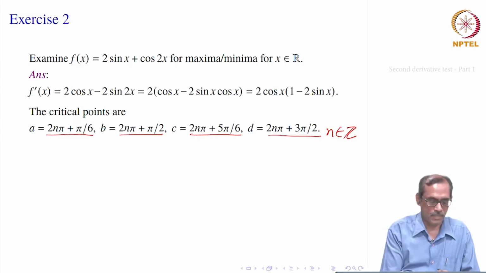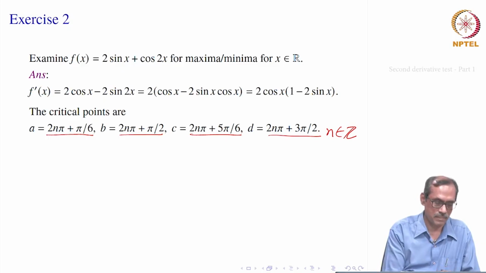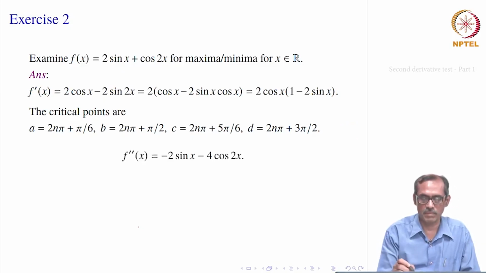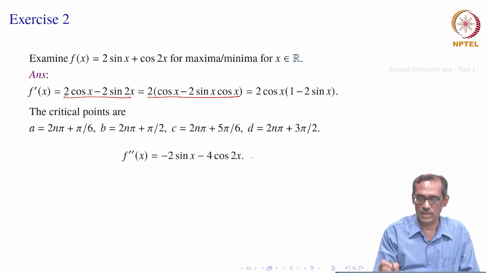Okay. Now, at these critical points we must find out about maxima and minima. For that purpose we differentiate it again. It will be easier to differentiate from the first form still. So, that gives minus 2 sin x, and this gives minus 2 into 2, that is minus 4 cos 2x. So, that is f double prime x, fine.